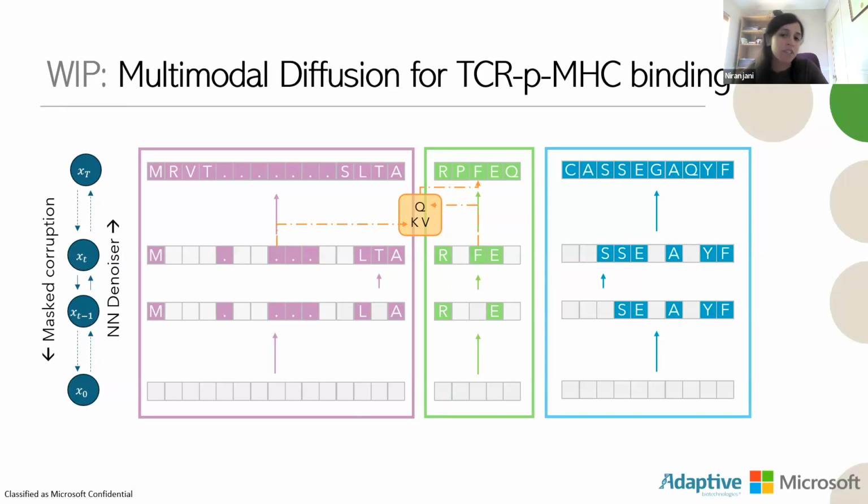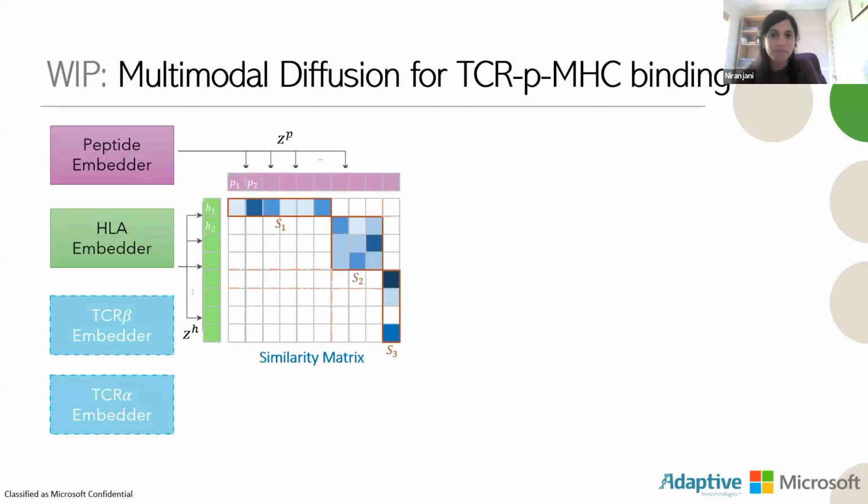This could potentially be achieved through some kind of gated attention mechanism. For non-binding pairs, on the other hand, we would want the peptide and HLA diffusion processes to be independent. To learn this gated attention mechanism, we can learn another